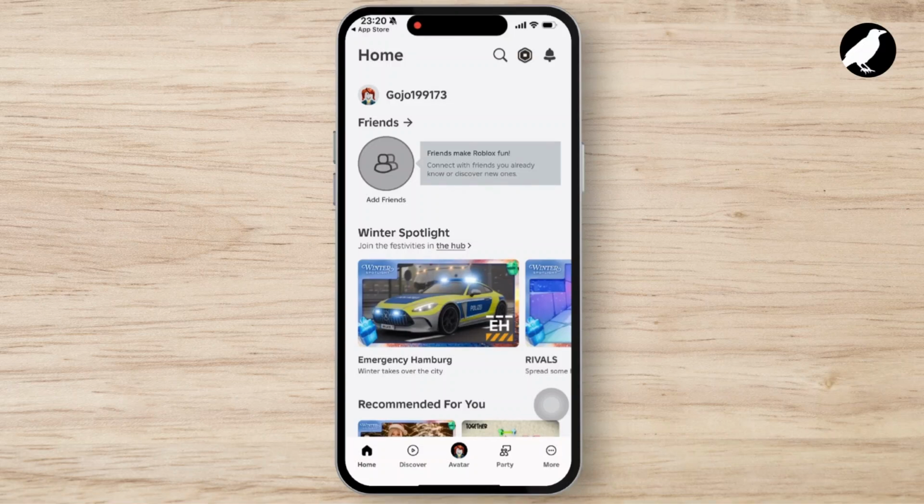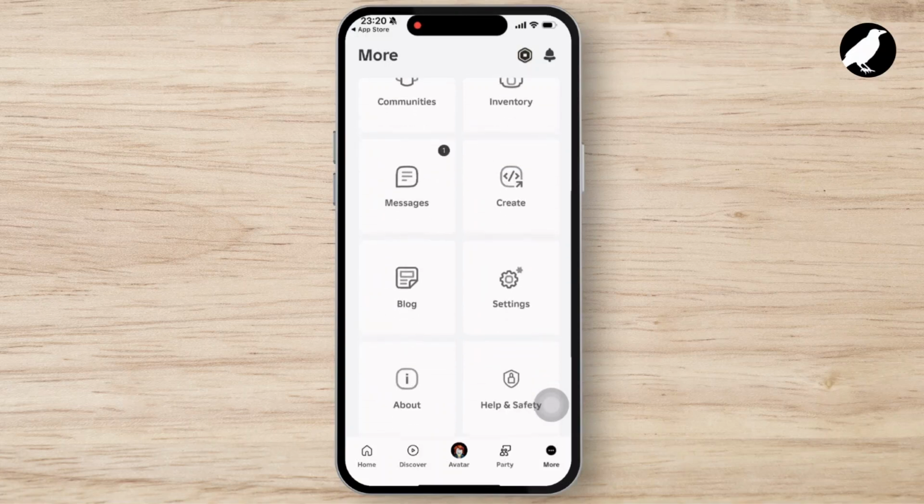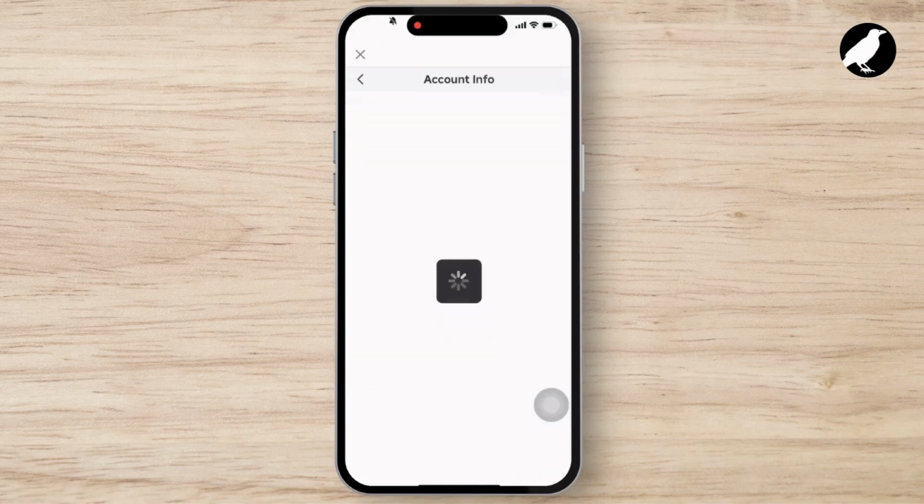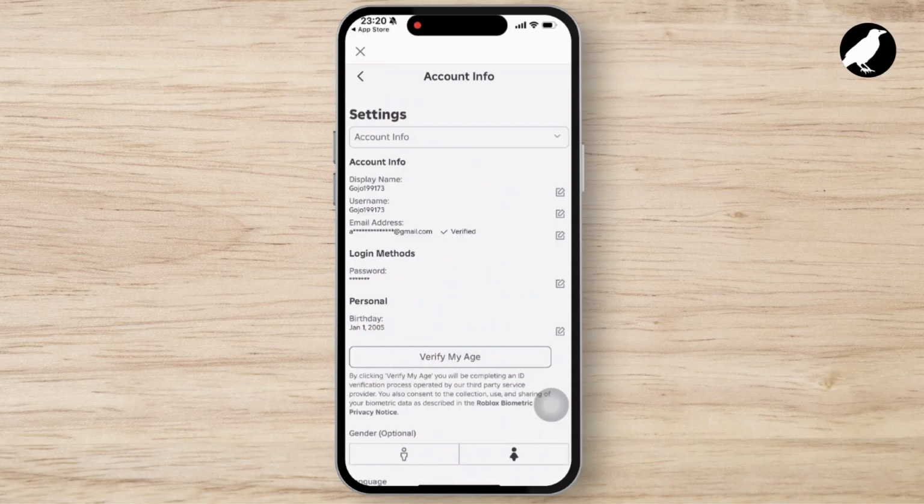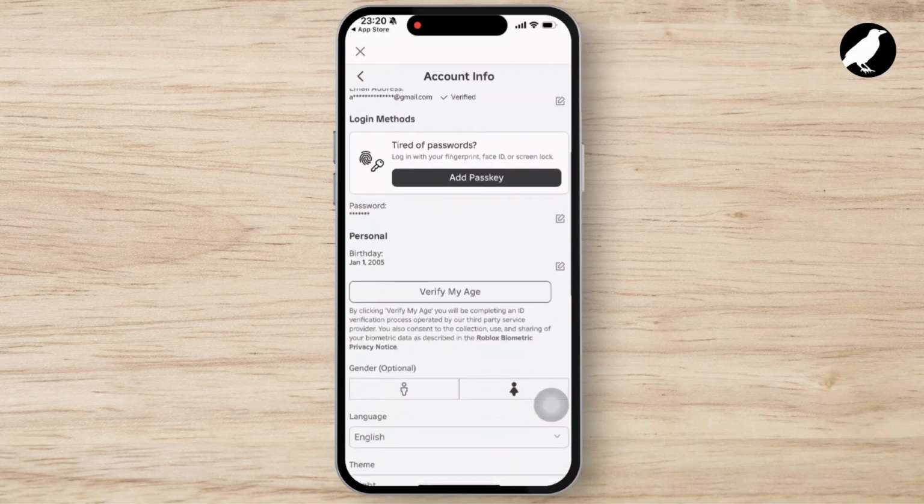And now inside Roblox, tap on the More option available in the bottom right corner of your screen. Then tap on the Settings. Inside Settings, you can see there is no built-in feature in Roblox to change your country or region. If you want to change your country or region on Roblox, then you will have to change it directly on